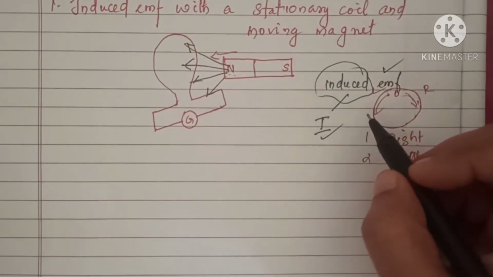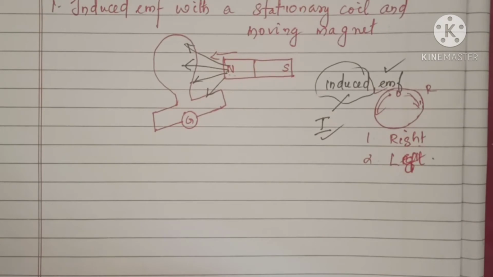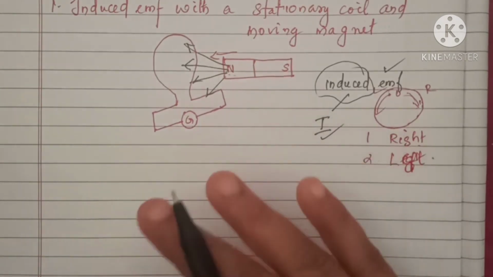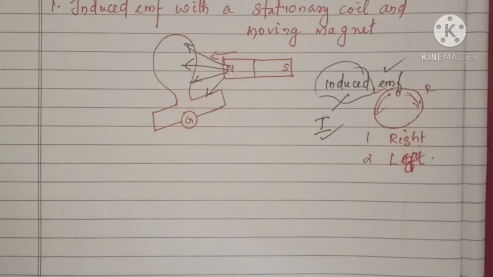And it is for a very short while. When you are stopping this particular magnet, or when you are not moving this magnet, you can see that the galvanometer shows null deflection, which means that the pointer is towards 0. Clear for you? So this is the first explanation given for the experiment.